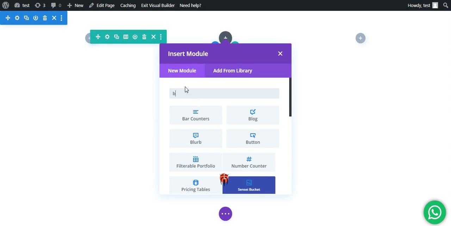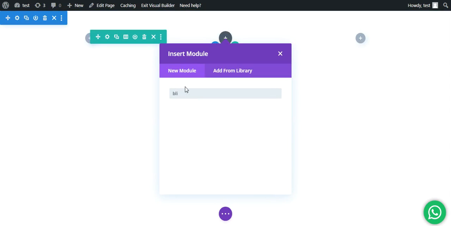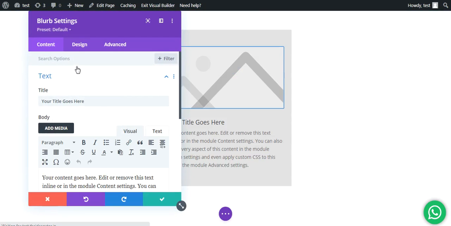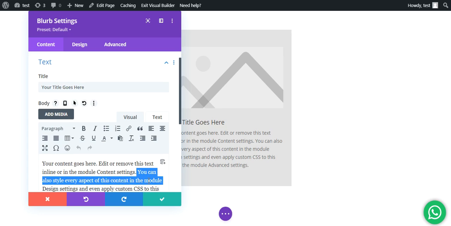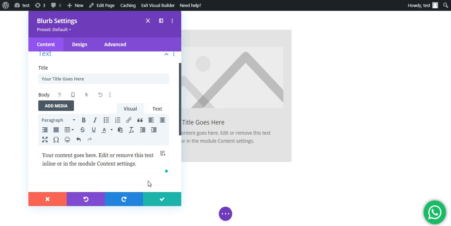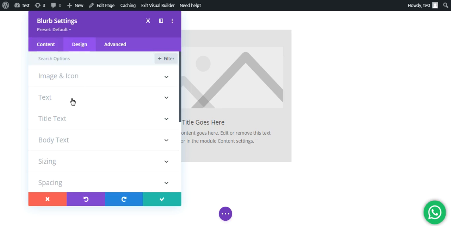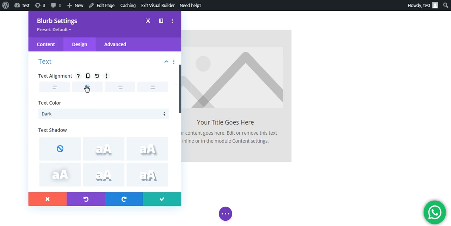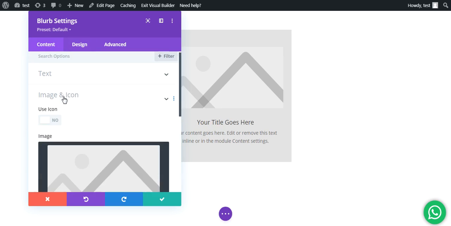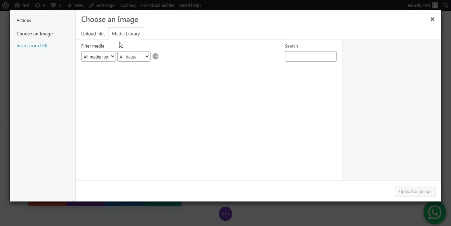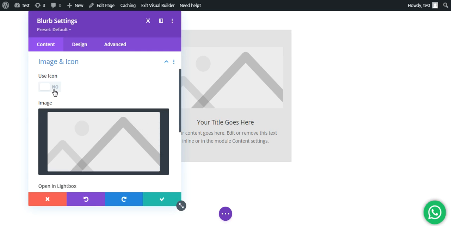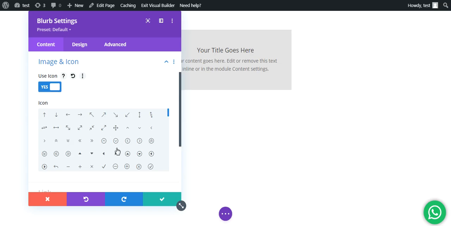And now we can add the blurb. Click on blurb, and this is going to be the icon blurb. We just need 2 lines of text. Let me remove all the other things. On the text, let's make the text align center. Now for image and icon, we don't need an image, we want an icon, so let's change the icon to anything.